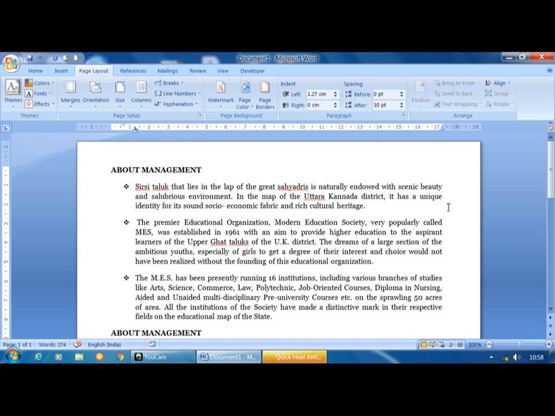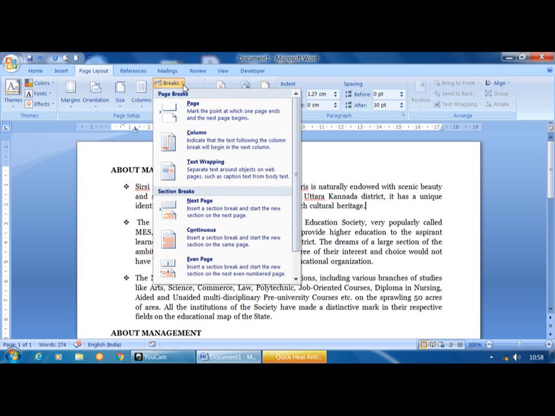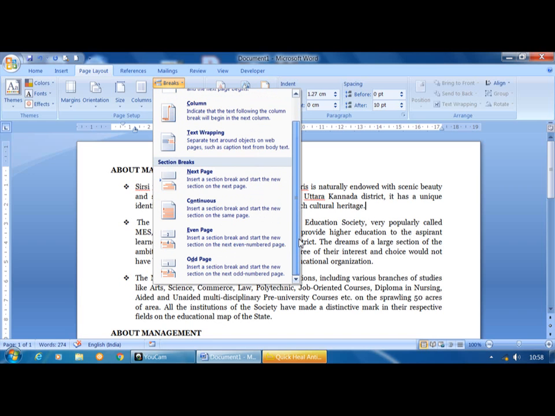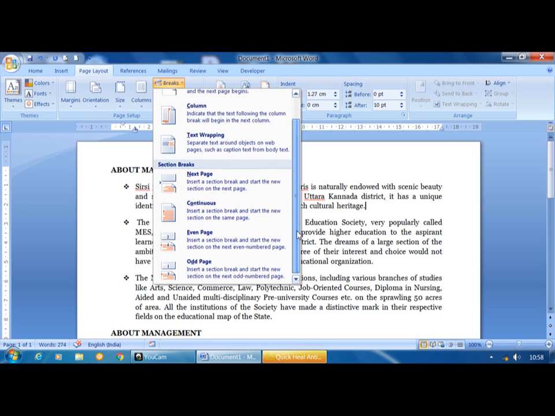Okay. Next one is the breaks option. What is a break? Breaks are of three types: page break, column break and text wrapping. Section break also provides different options: next page, continuous, even page and odd page.